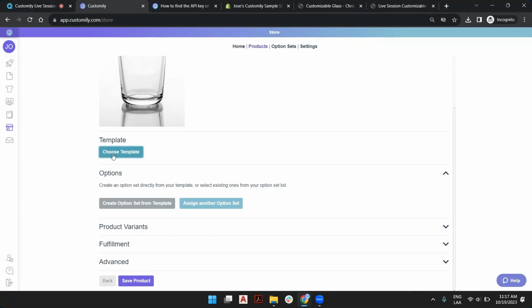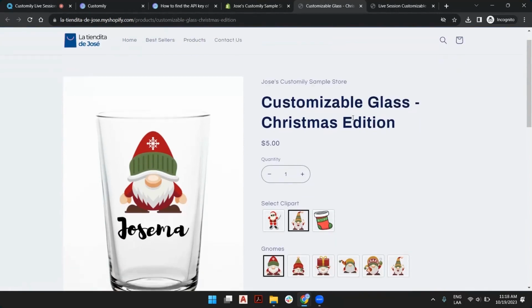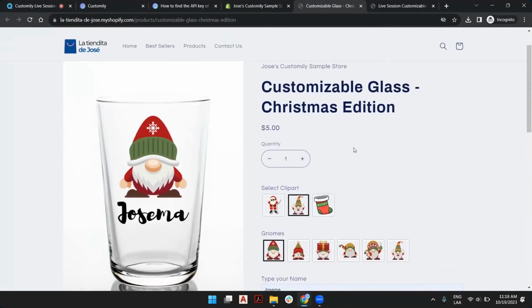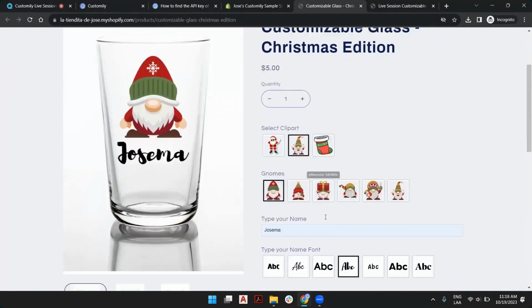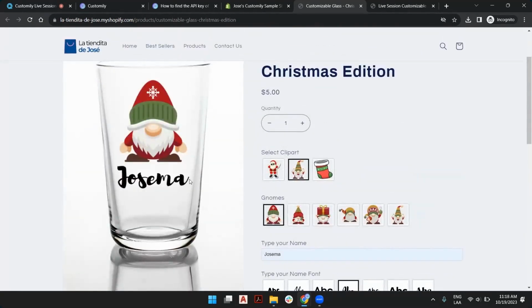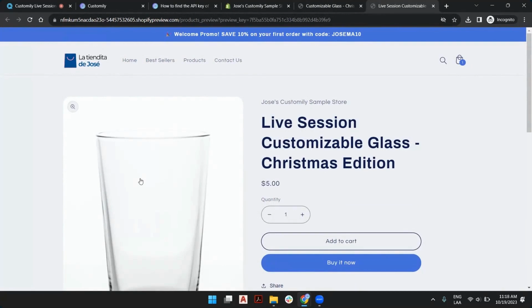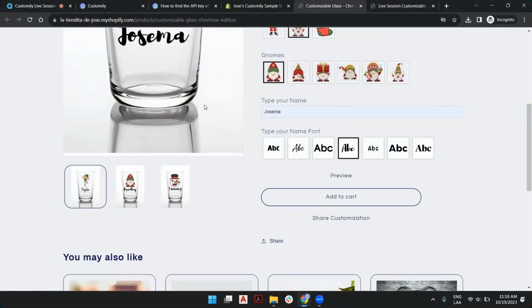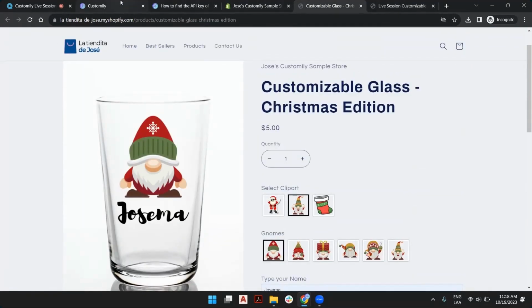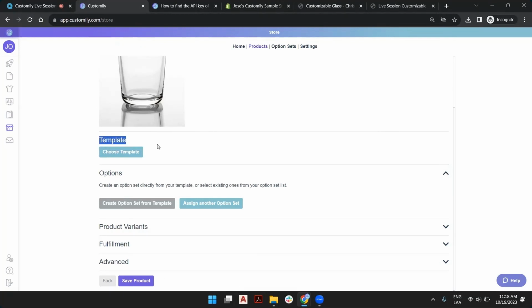If I choose a template, I will link this product to a template and provide a live customization pretty much like this example I showed you before. So my template will need to have the graphic information and the text information so Customily can put up the options and turn this simple glass into a customizable glass. So what I need right now is a template. How do I create a template? I will go to the template section,